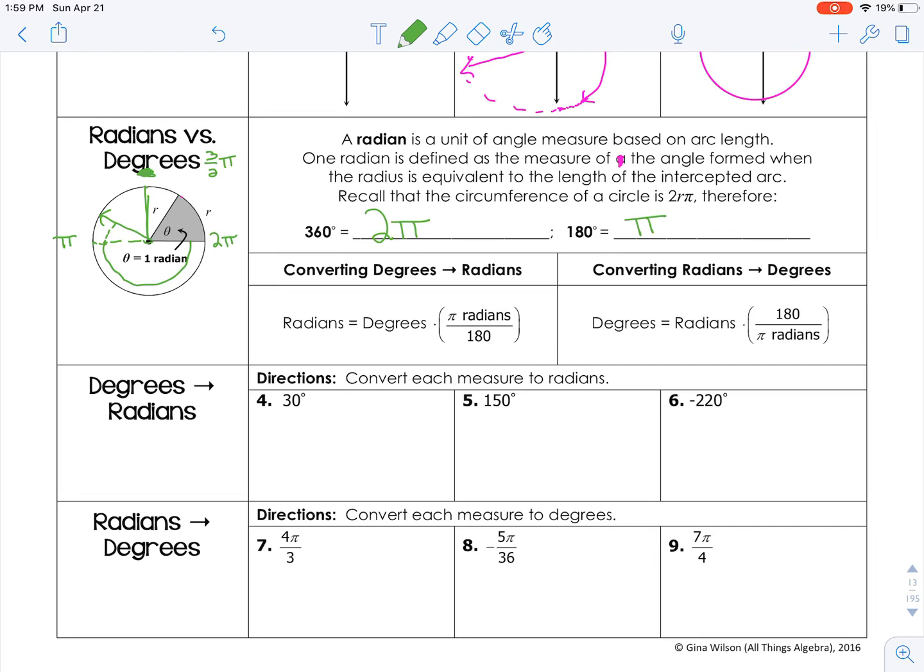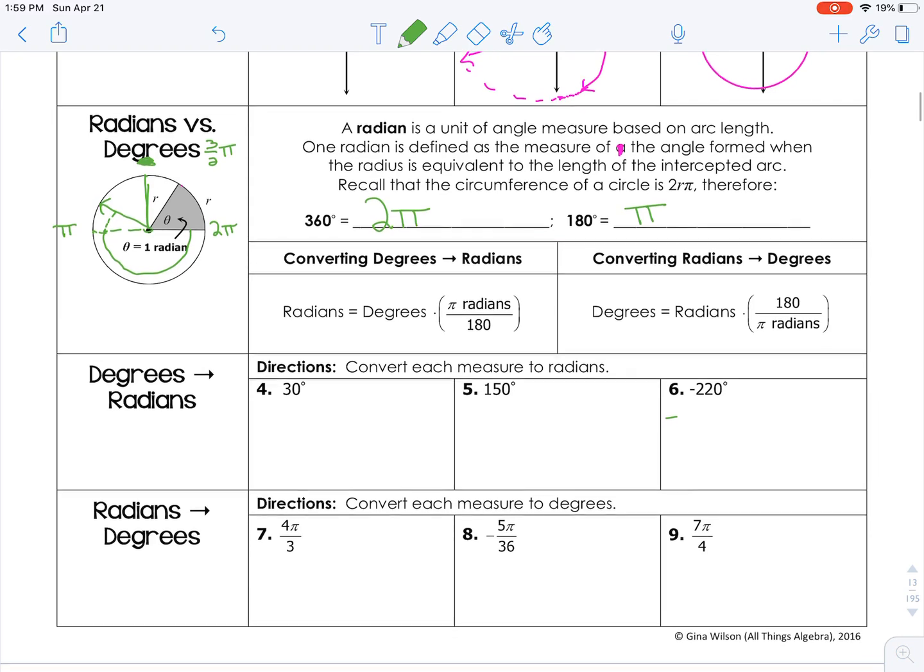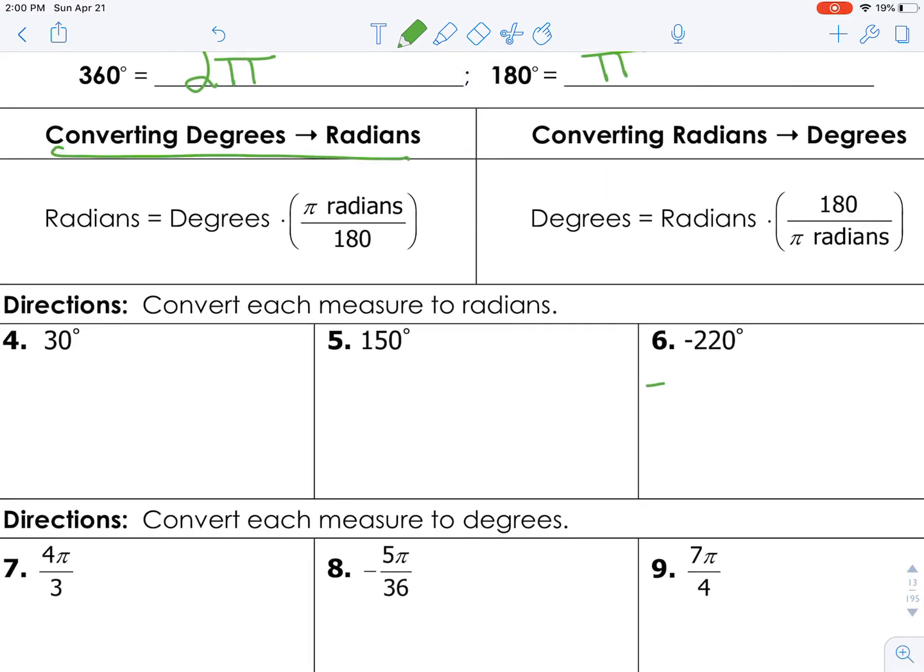Let's check it out. So we're going to go over here and we're going to plug in the algebra. So we're going to go negative 220, and we're following this one right here, converting degrees to radians. Negative 220 times, and then over here we have pi radians, or pi, over 180. And when we multiply that, we get negative 220 pi over 180, which is equal to, we don't get decimals with this, we reduce to negative 11